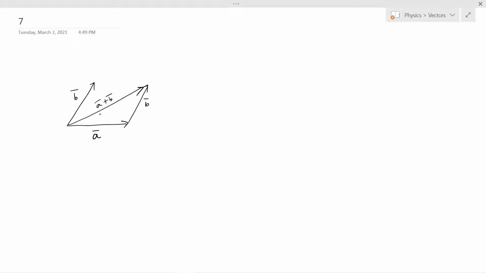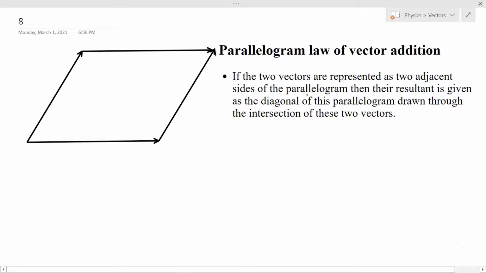So this is not always convenient because there will be instances when there are two forces acting on the same point, such that this is force F1 bar and this is another force F2 bar. They both act at this point and then you want to know the resultant force. So with another law of vector addition, which is known as the parallelogram law of vector addition, you can directly calculate the resultant like this, which is F1 bar plus F2 bar. We will look at how to calculate the resultant vector's magnitude and the direction using the parallelogram law of vector addition. So let's talk about the parallelogram law of vector addition in detail.